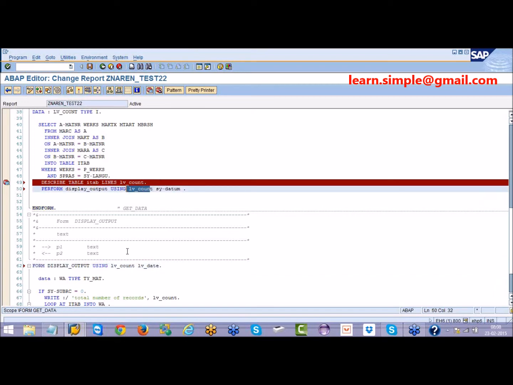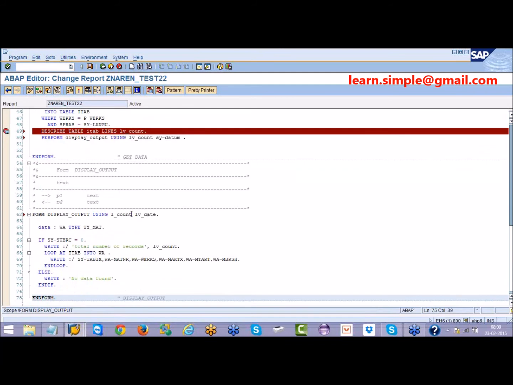So now LV count will come and sit in this LV count. Side item will come and sit in LV date. No need to give the same name. Say for example, here if I give LV count, no need to give the same LV count here. I can also give here some L underscore count. So here the name could be different, here name could be different. Similarly here I am giving side item, here I will give LV date or whatever I like. Whatever the first parameter here, that will come into the first parameter of form. Whatever is here, that will come into here.